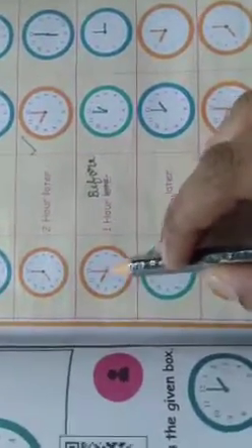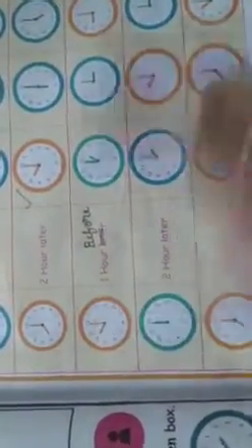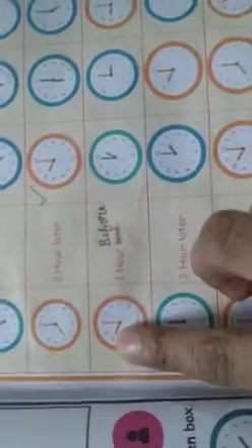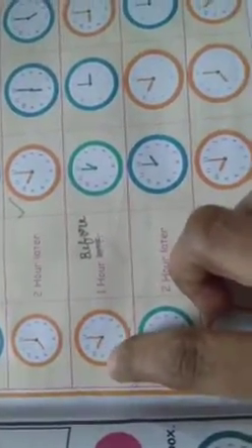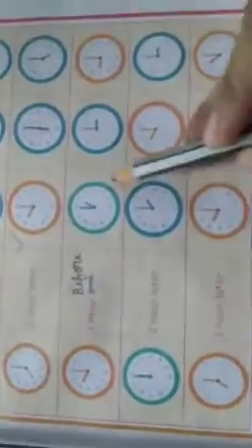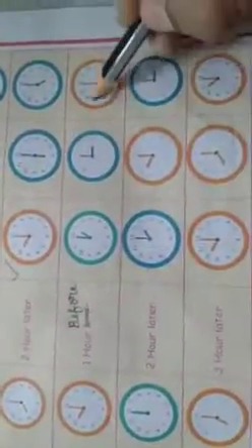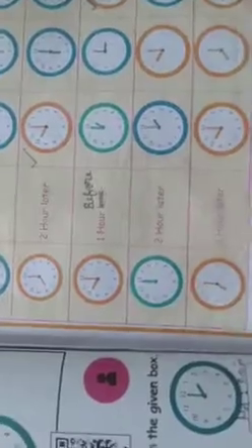Yes, 10 o'clock. 1 hour before. Before means what? Previous. Okay, so what is the before number of 10? Very good, 9. Where's the 9 o'clock? Here. So this is the correct. This is also one way to ask the question. Okay? Ready for all the.